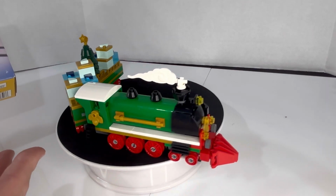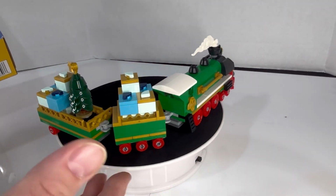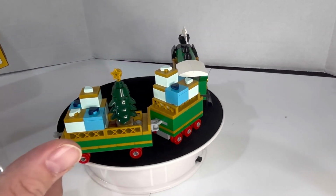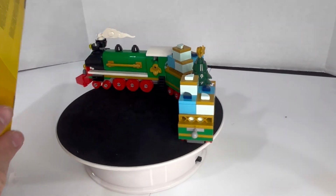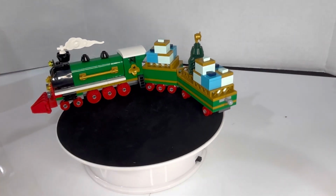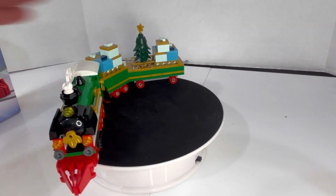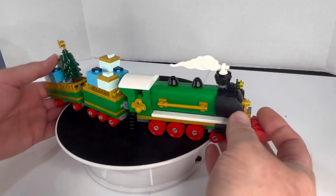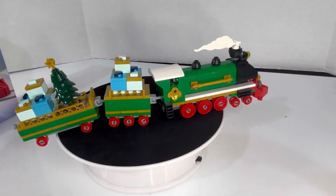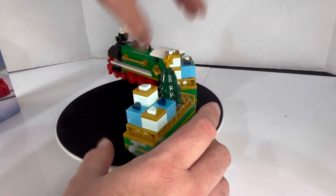And they said this was a $20 value. It's 294 pieces. It's not tiny pieces overall. They're average sized. Of course, there's no license. There's no minifigures. Here's what I'll say. If this were released as a $20 set, let's make it a little straighter here. How about that? If this were released as a $20 set,